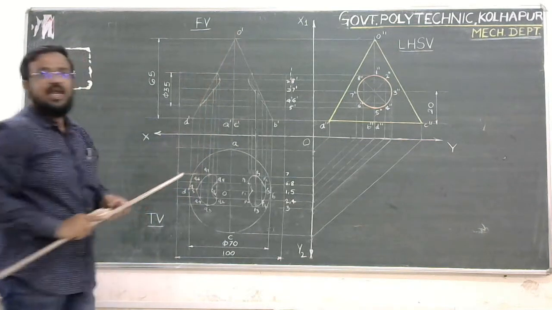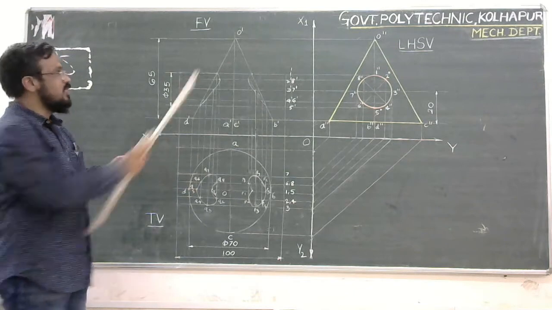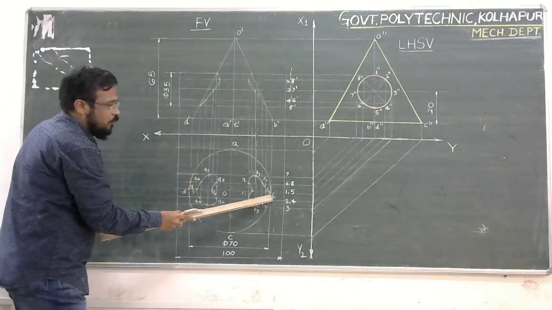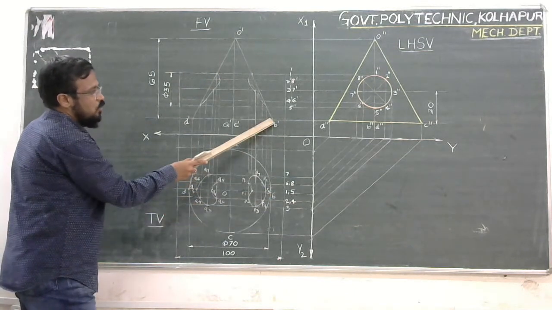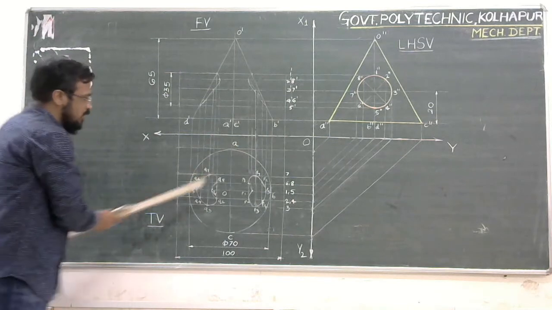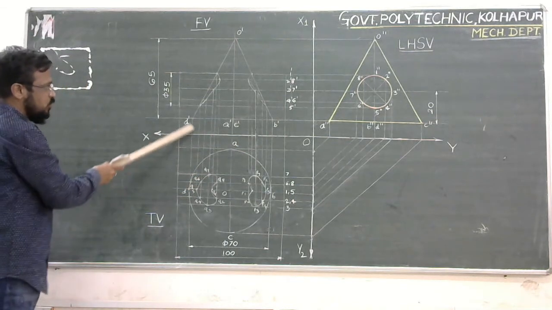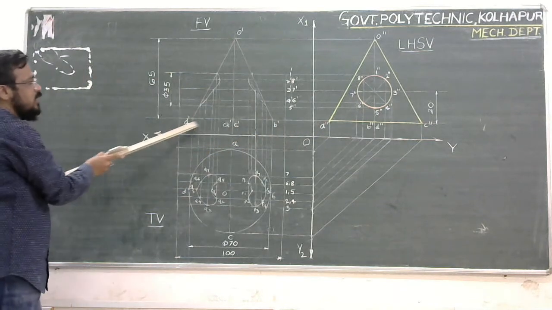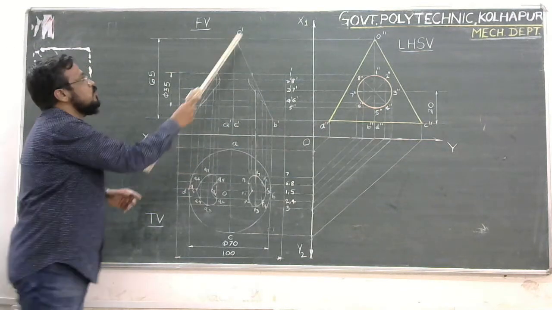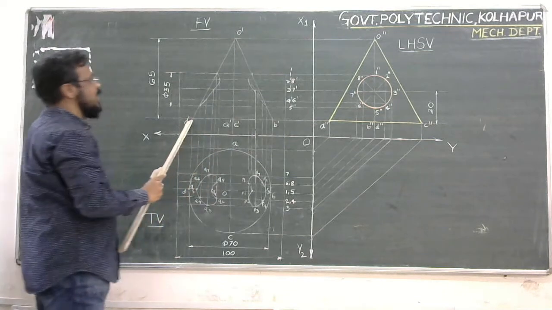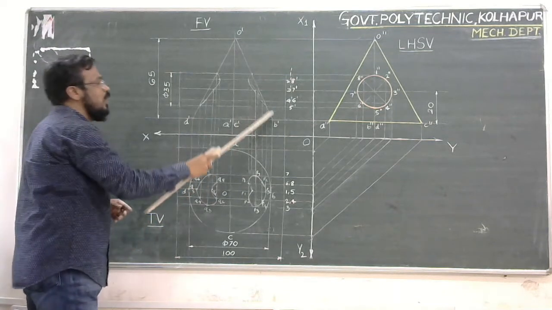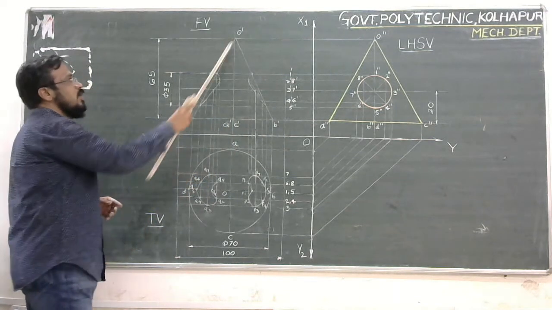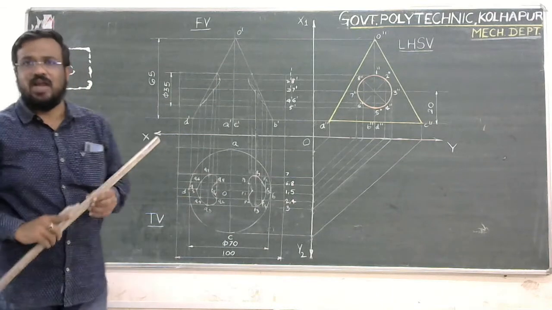I will definitely get this point O dash. Once I got this O dash, I will project this B point vertically to this baseline. Similarly, I will project this B to this baseline, which is drawn from the side view. I will get this D dash and B dash. So this is O dash, B dash, B dash, which is nothing but the front view of the standing cone, that is in the form of a triangle.